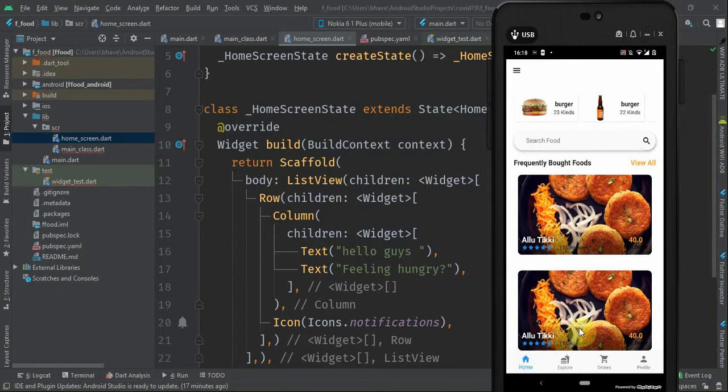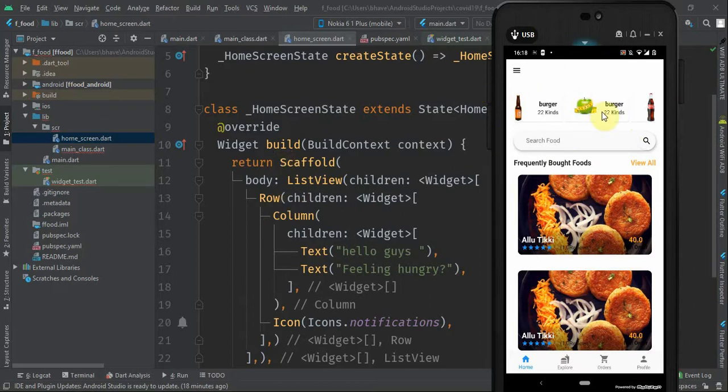This is home, and we have this list view, right? So we have to return a scaffold. Scaffold is nothing but a page, in simple terms. And in that page, we are returning a list view. So this is a list view. Again, this is also a list view, right? So it will be complex. And this is a search button. So what we will do first, we will make container-like things.